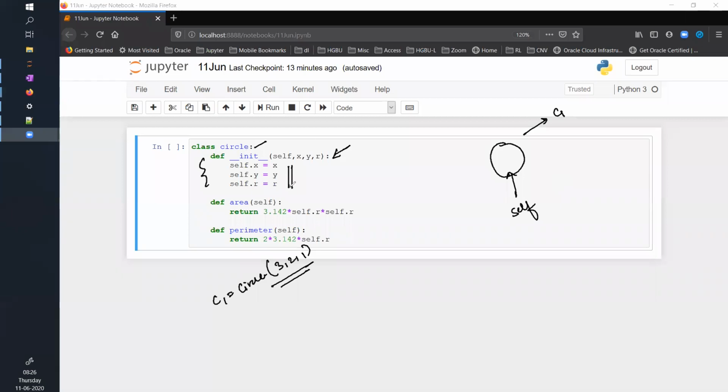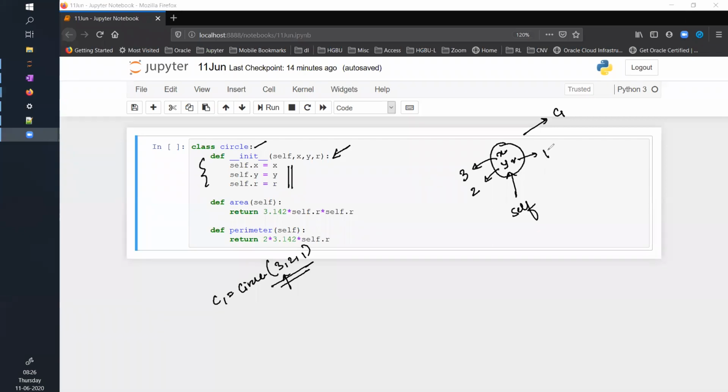In this def init function, you are initializing the attributes, as in you are saying self.x, that is, to this self assign an attribute x, and to this x assign the value you are getting from here, 3. Similarly, assign an attribute y to this self, with a value of 2. Assign an attribute r, with a value of 1.